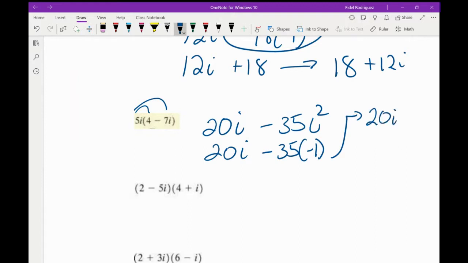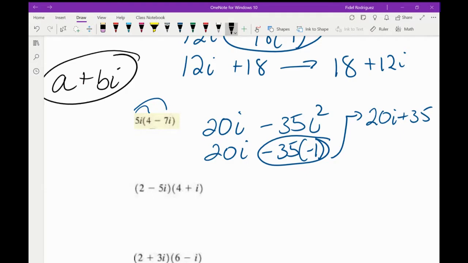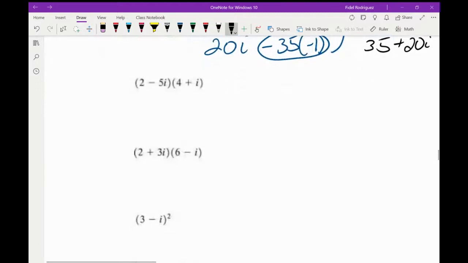So now I have 20i, and a negative and a negative is a positive 35. And then again, because they're asking us to write it in that form, a plus bi, I'm just going to switch these two around. So I'll write it as 35 plus 20i, right? Okay.